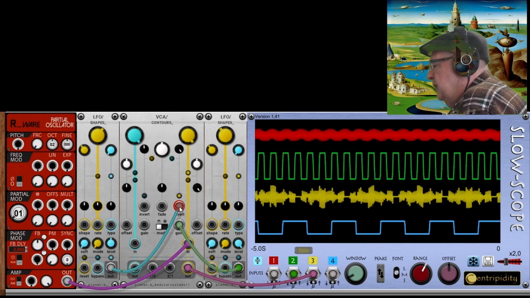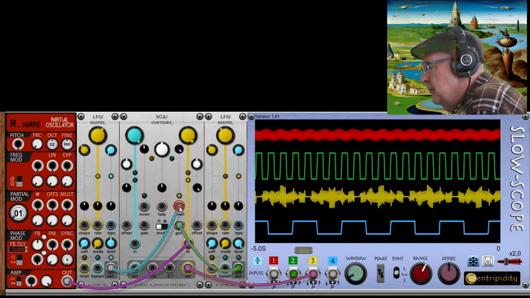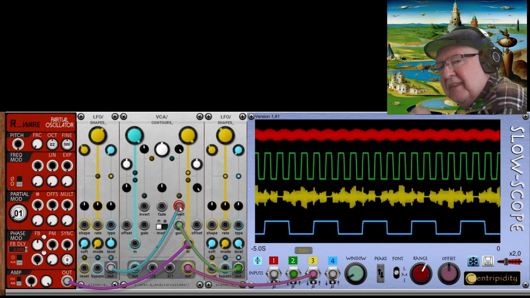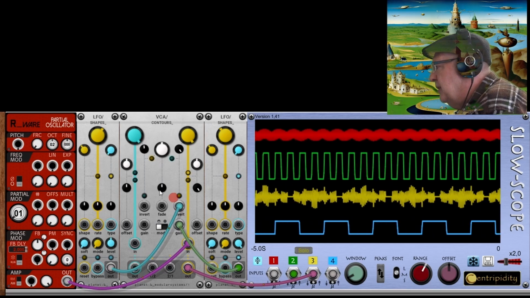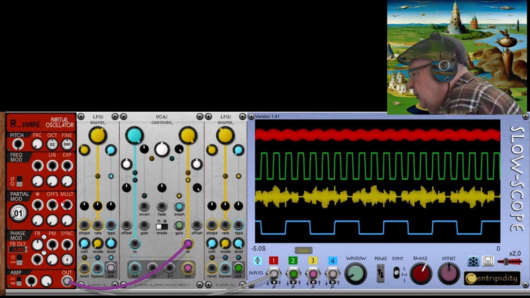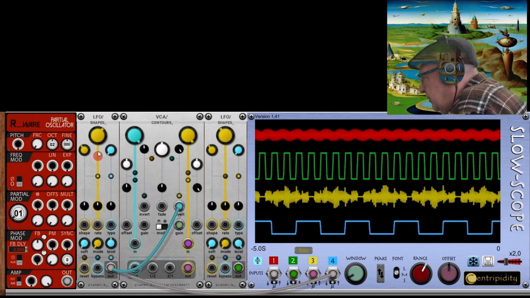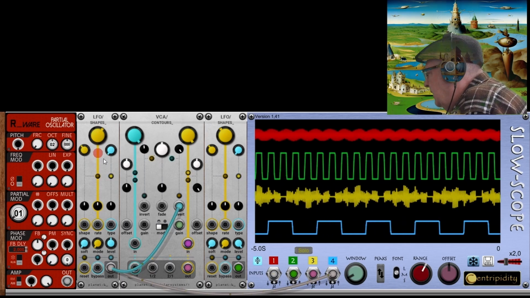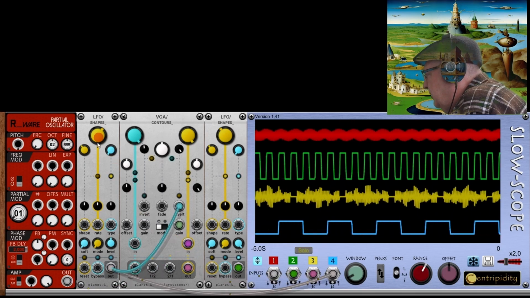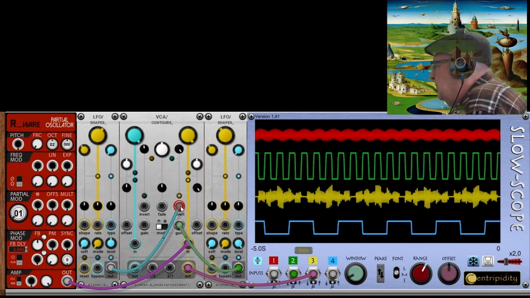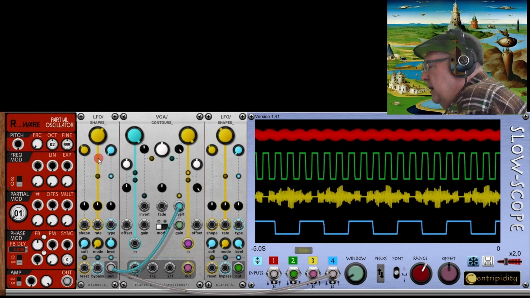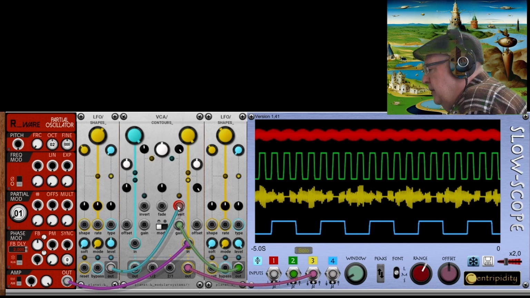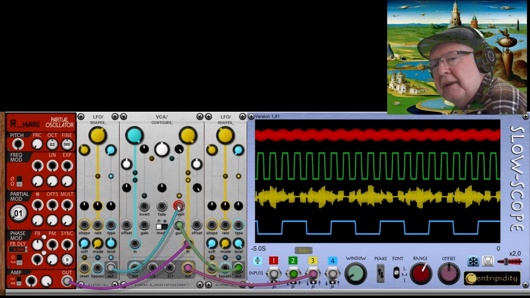When we feed a positive voltage in here, for example a second gate signal, the CV which modulates the gain is inverted. It's the CV that is inverted, not the input signal. Using a square wave of a second LFO that runs at a lower frequency, as you see, the blue curve is the curve from this inverting LFO. So when we feed this signal into the invert input jack, a positive gain modulation turns into a negative gain